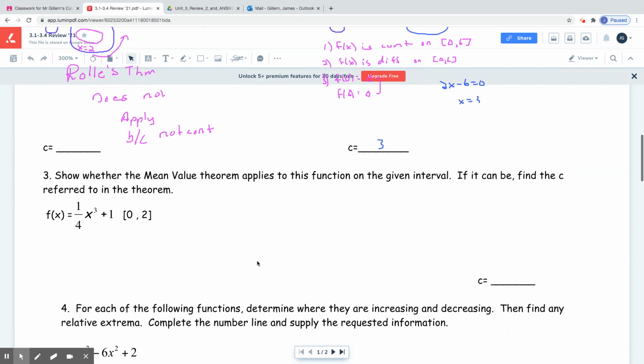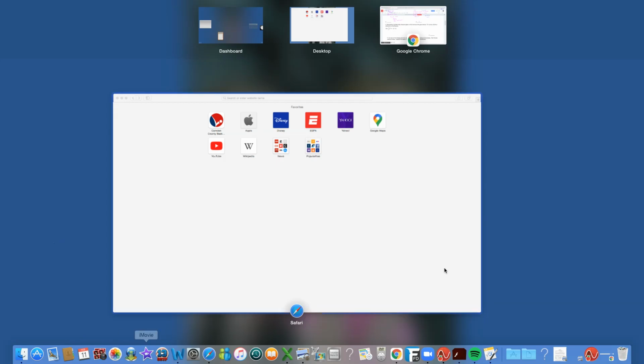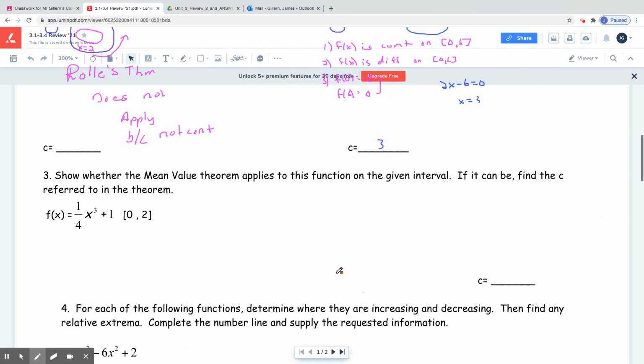Now, mean value. Notice here, I only have one mean value theorem problem, which means that this will probably work. The nice thing about mean value theorem is that you only have 2 things to check, and it's the same first 2 as Rolle's. So we have a fraction here, but x is not in the bottom, so we don't have to worry about it not being continuous. So f of x is continuous